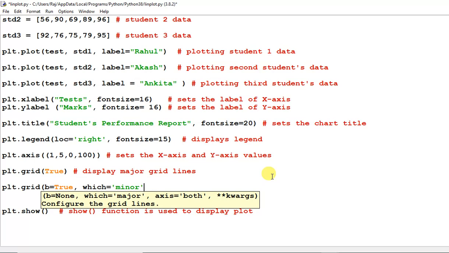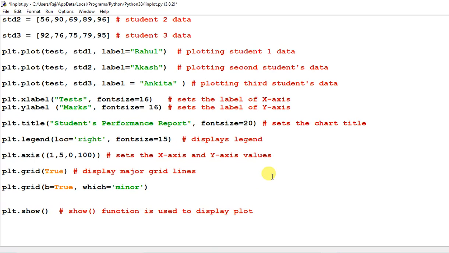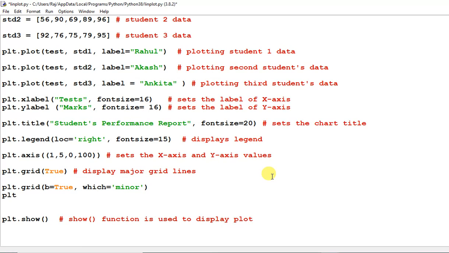And then plt.minorticks_on. This function we have to call to display minor grids, minor grid lines.